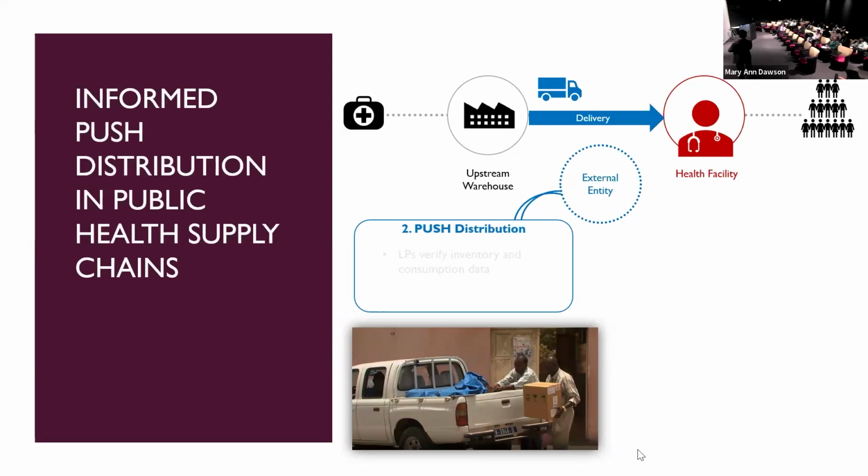On top of that, when they come to visit the facilities, they will go through these inventory cards and make sure that the information is accurate with the number of products they have on the shelf. They can look at the products sitting on the shelf, they can look at the stock cards, and they will make sure that these two actually match. So they're also focused on increasing the accuracy of the data. And finally, they take this information, upload it to an electronic system, and transmit it to the upstream facilities. Okay.